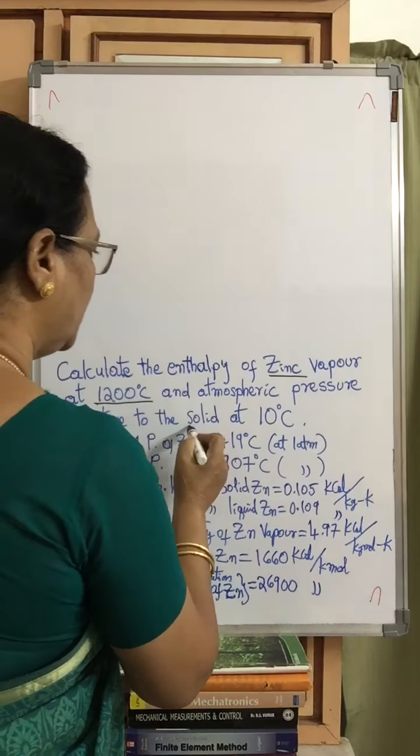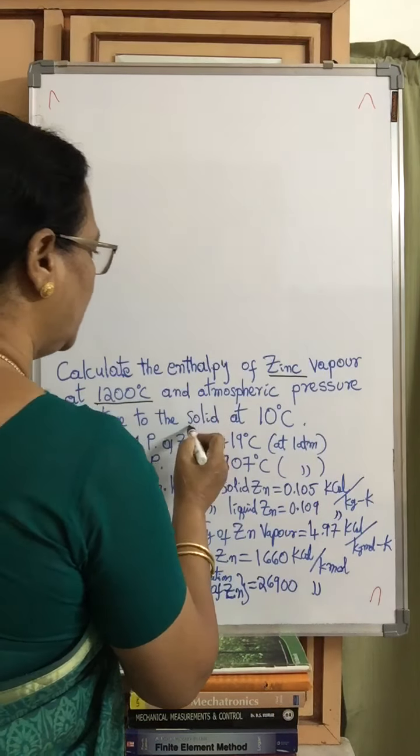So what is the question here? Calculate the enthalpy of zinc vapor at 1200 degrees centigrade. That means we have a zinc vapor, suppose at 1200 degrees centigrade. Because the temperature is high, it contains some heat content. So how is this heat content obtained by this zinc vapor, relative to solid at